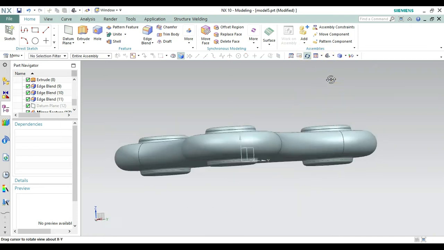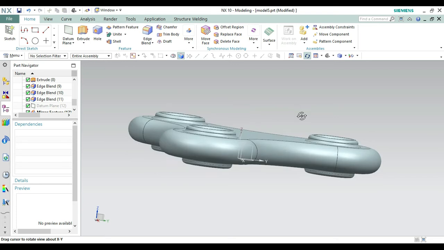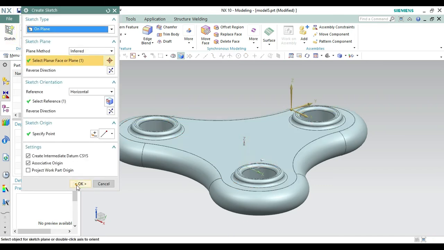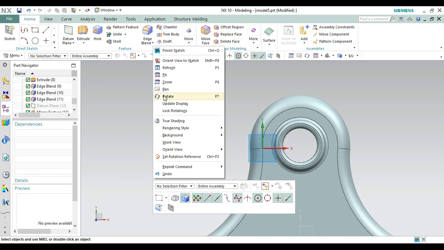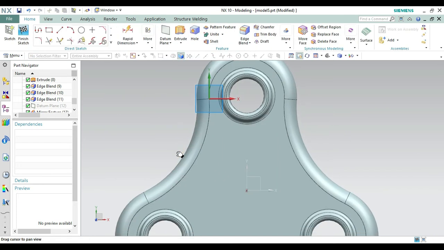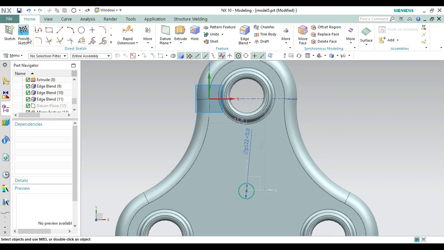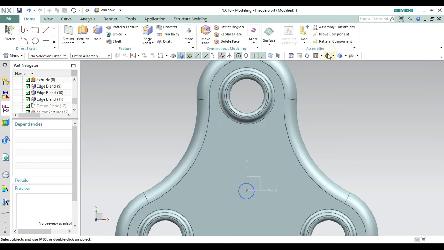Let's rotate it. Okay, same to same as the one we created. Now again bring it to isometric view. Now we have to create something at the center of that. So click on sketch and take this face of the extrude and make it okay. Let's pan to the center so we can get the center. Okay, this point. Now select a circle again from here. Now take this as the first point and make a circle of diameter 5. Okay, like this one, and let's finish it from here, because we have to give some gap between the holder